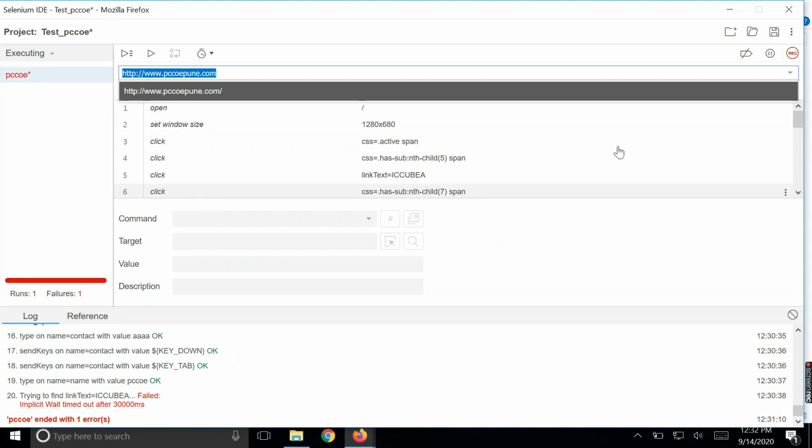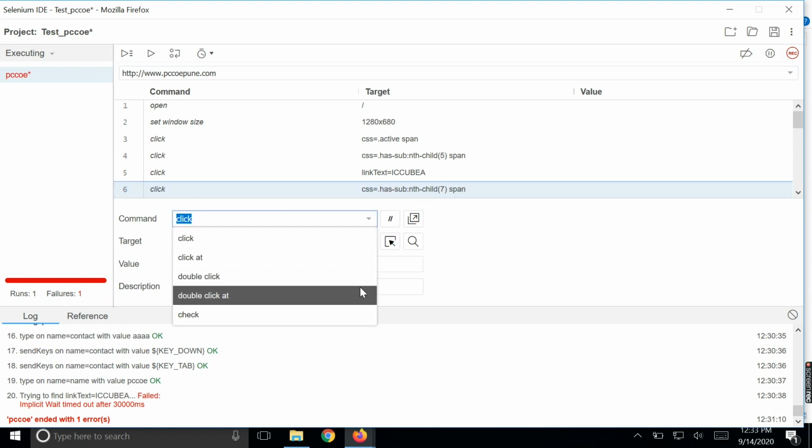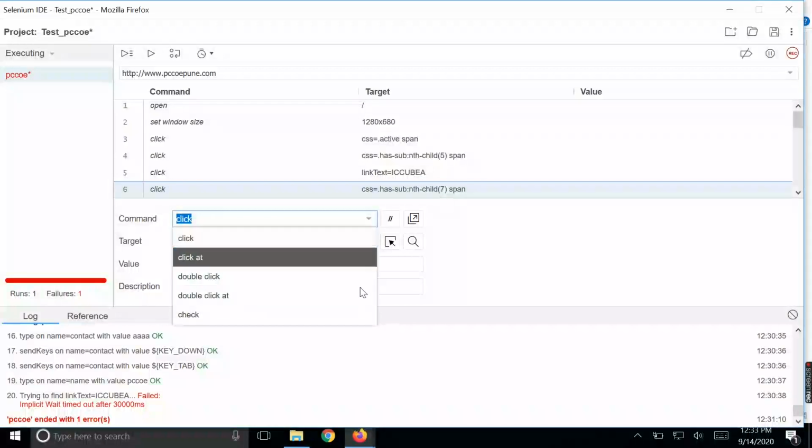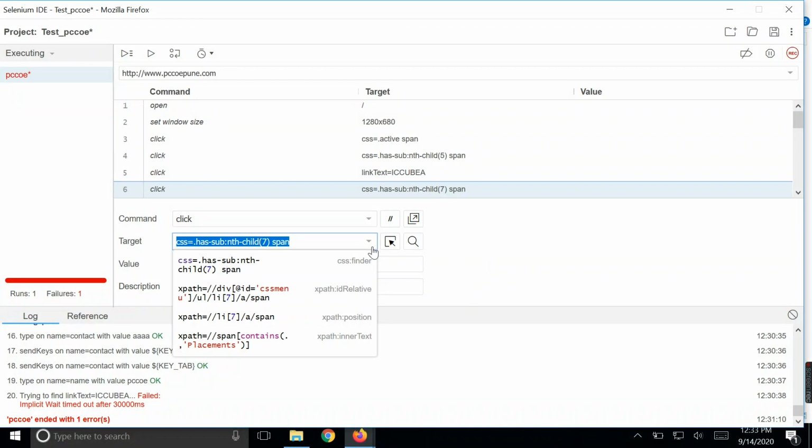For your website, you have to come up with different commands like open, set window size, click, type, send keys. You see here there is a list of commands available, right? So you can use those commands. Similarly, you have different targets that you can use.